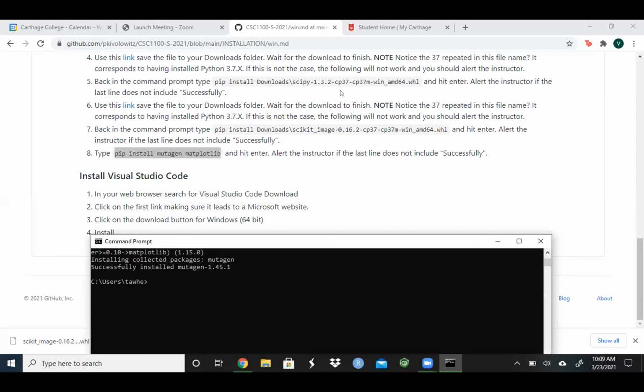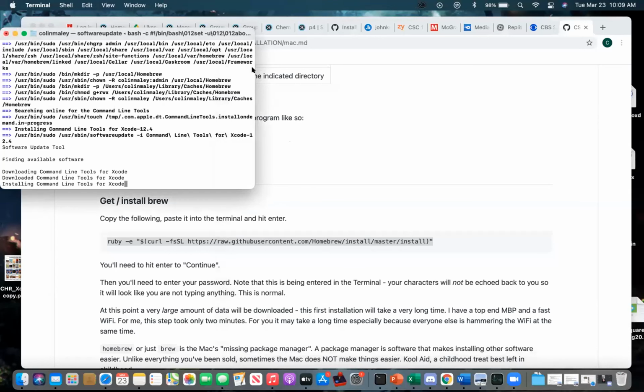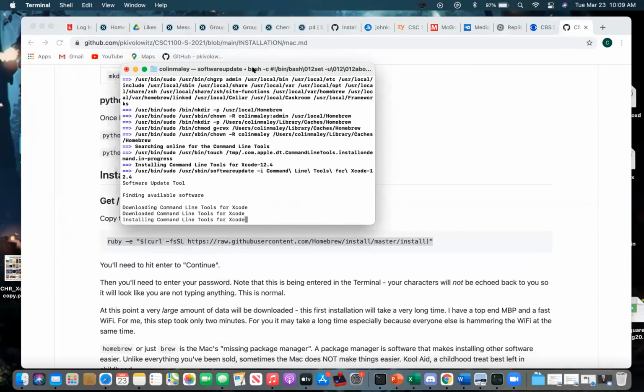Okay, so let's pause here on the Windows side. Colin, could you show us your screen and see what's happening? Thank you, Tori. And see what's happening on the Mac side. Now, some people may be further ahead, and some people may not have gotten here yet. Okay, yeah. The command line tools for Xcode, yeah,